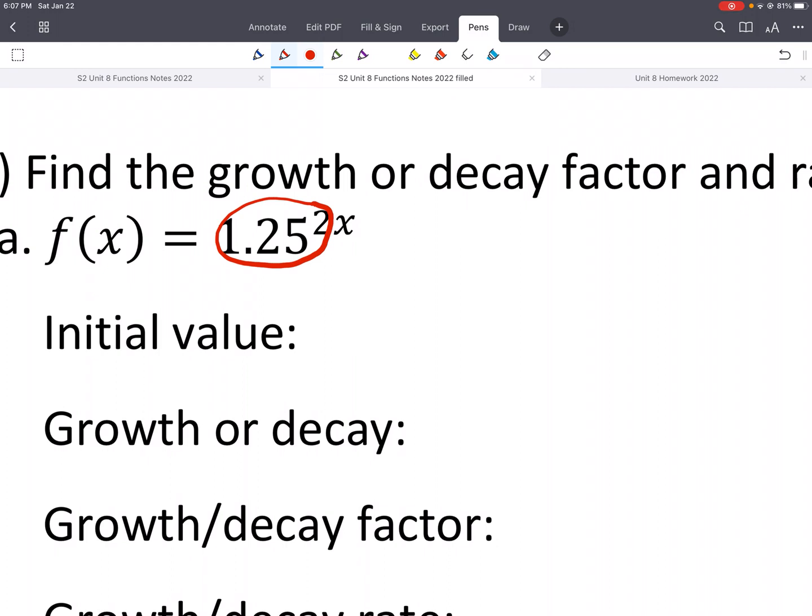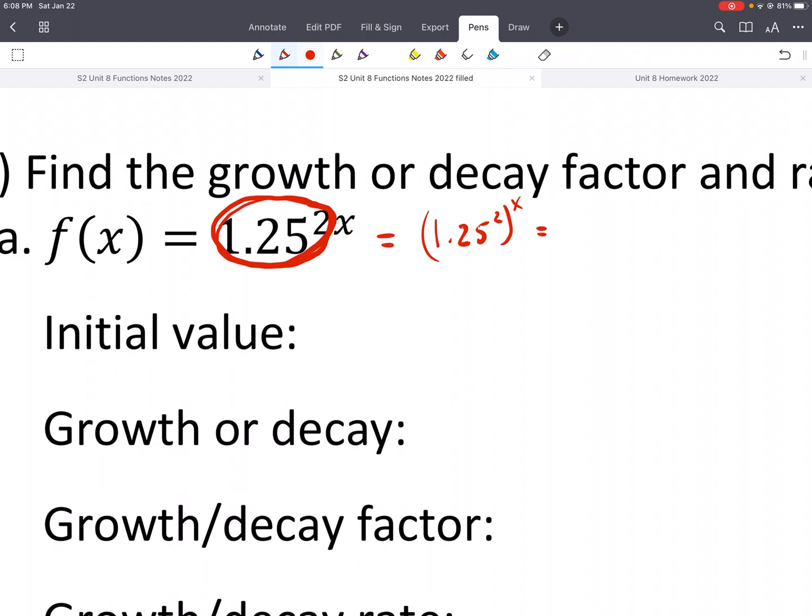In a previous unit, we talked about exponents on top of exponents. 1.25 squared to another exponent, let's say x. If that was the case, we could just multiply those together, and that's what's going on here on the left. But we can easily go the opposite way and just evaluate the 1.25 squared. So if you do that,